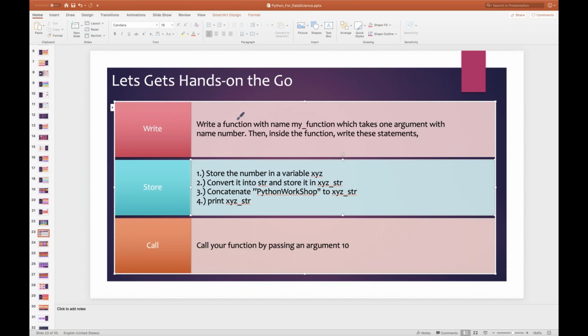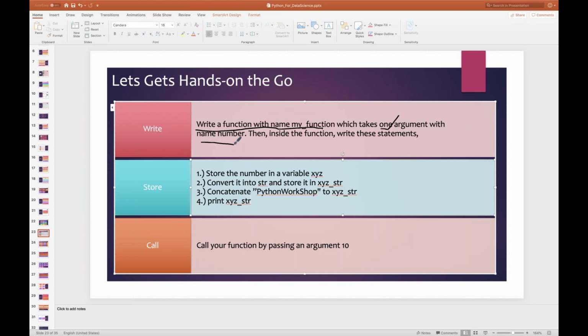When I say write a function with the name my_function, just say def my_function, which takes one argument, meaning open parenthesis, closing parenthesis, with the argument named number, and the colon.